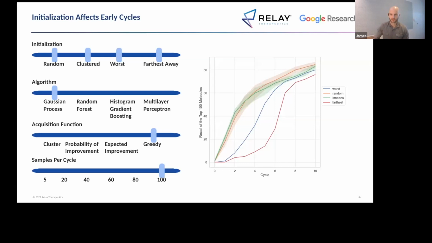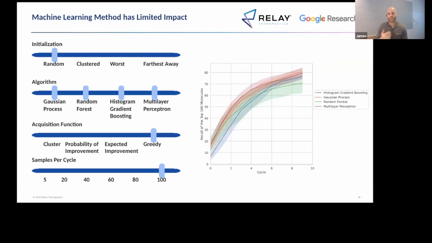again. We did the same kind of experiments with algorithms. So we tried Gaussian processes, random forests, gradient boosted machines, and simple multi-layer perceptrons. And somewhat surprisingly, we found that this one also had limited impact on the outcome of the active learning process. You can see there's some randomness in each of the runs. So you have these confidence intervals and they all kind of overlap and are bunched together. So at least for simple machine learning algorithms, the choice doesn't really matter that